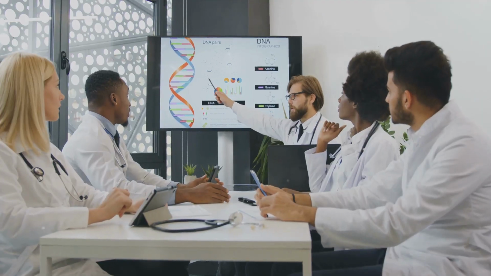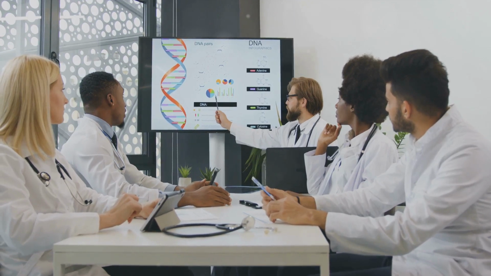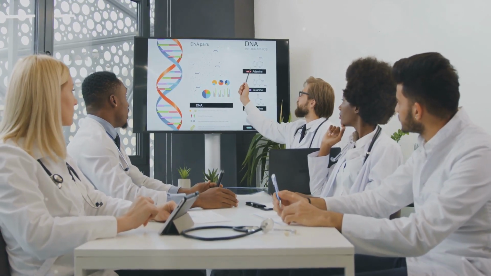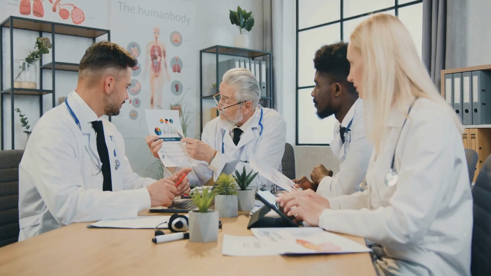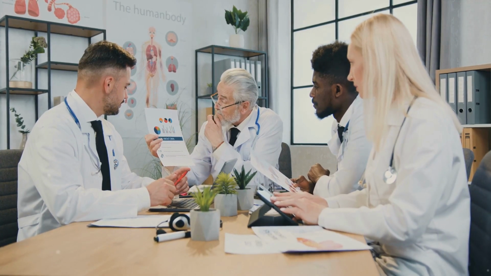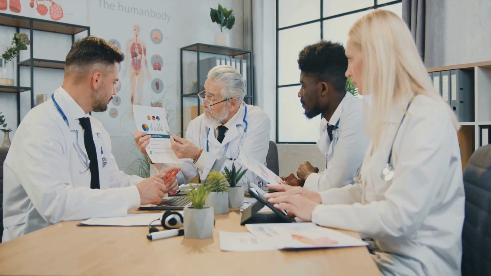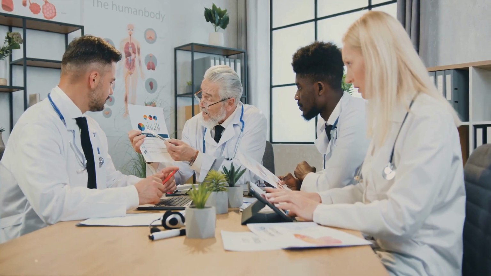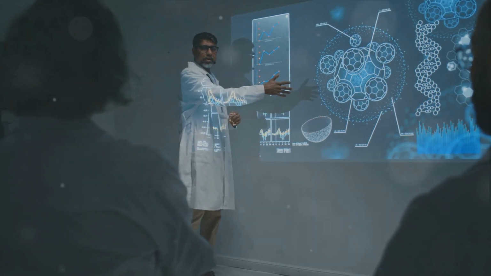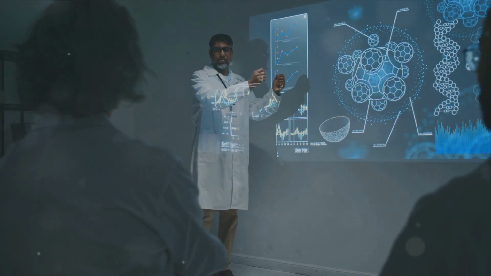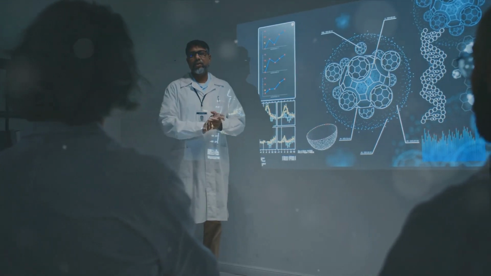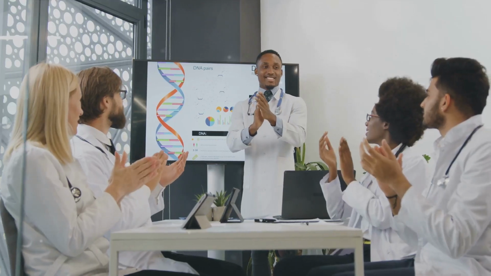As you can see, the inheritance patterns of sickle cell disease are not a game of chance, but a predictable pattern based on the genetic makeup of the parents. Understanding these patterns is not just a fascinating journey into the world of genetics, but it's also crucial for genetic counseling and family planning. This knowledge can help families make informed decisions and prepare for the potential challenges that come